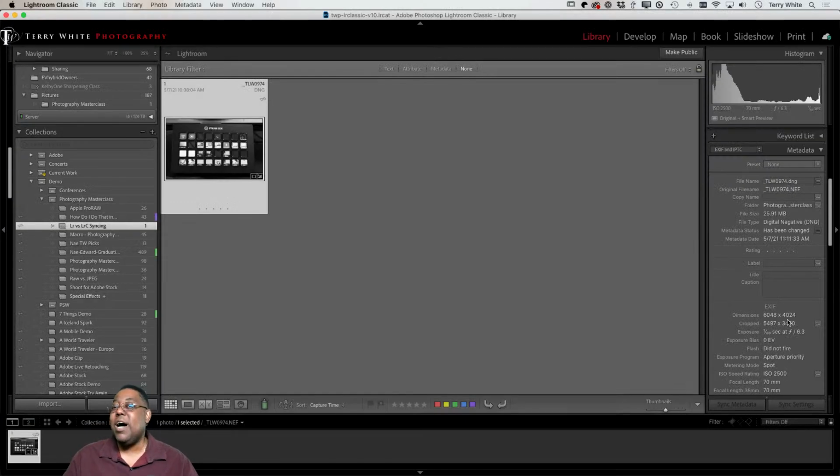So even though smart previews are the only thing that gets synced to the cloud for size, and back in the day when this was created, you didn't have the bandwidth to sync all that data, it's still extremely usable on mobile and everywhere else. And when I come back to my desktop, those changes have been applied to the full resolution image.